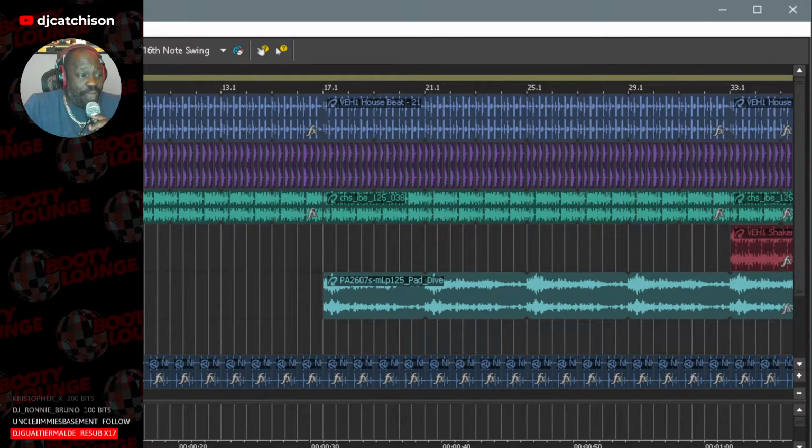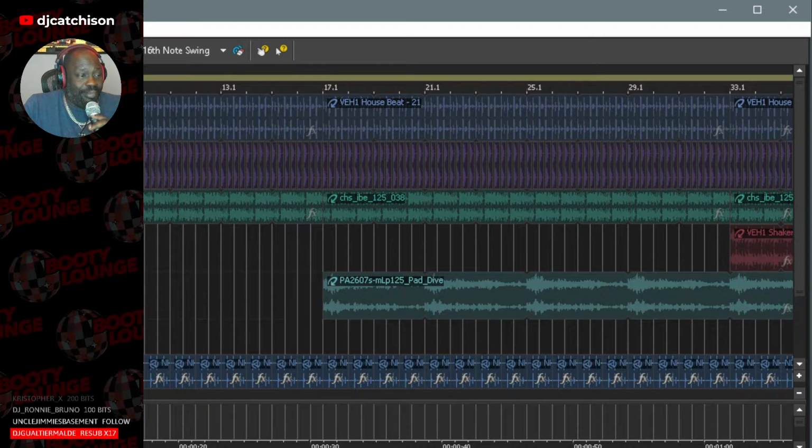So now we got a cowbell. Now we can add in